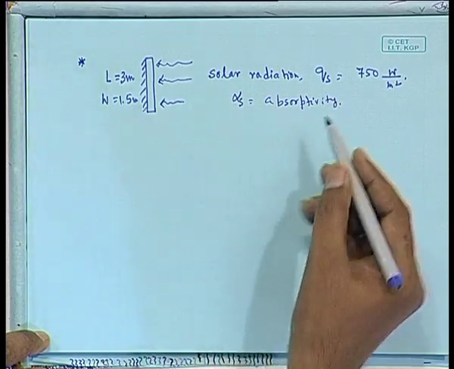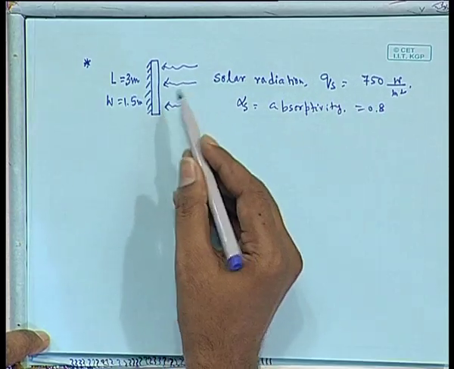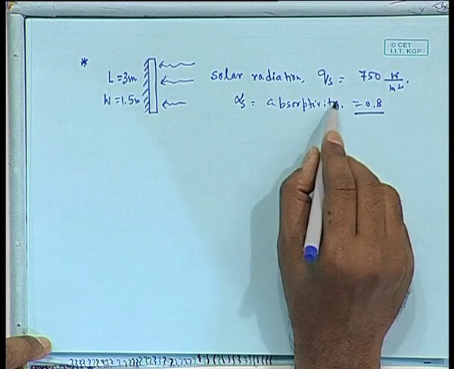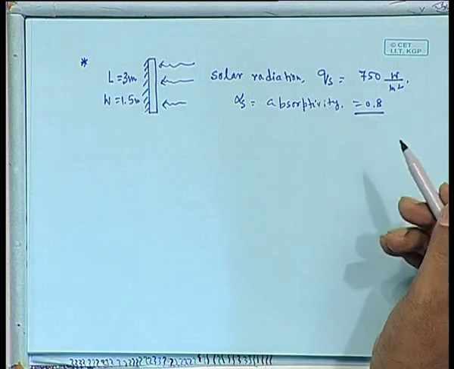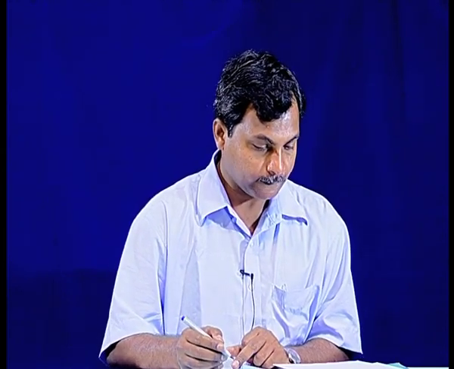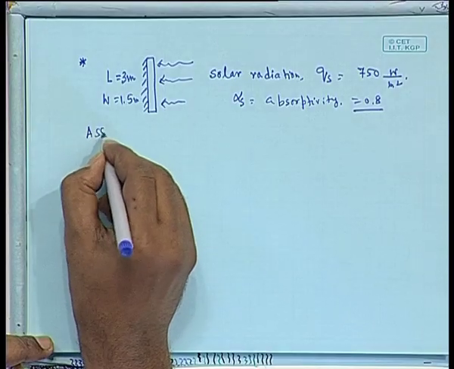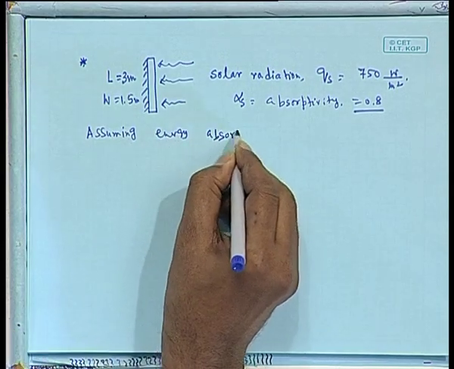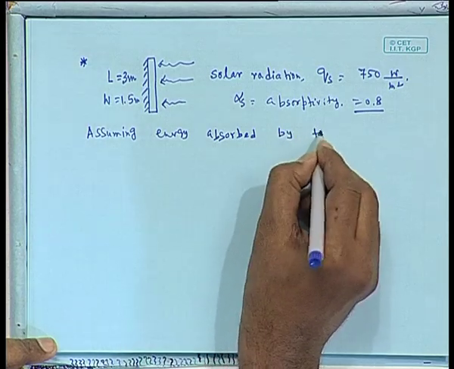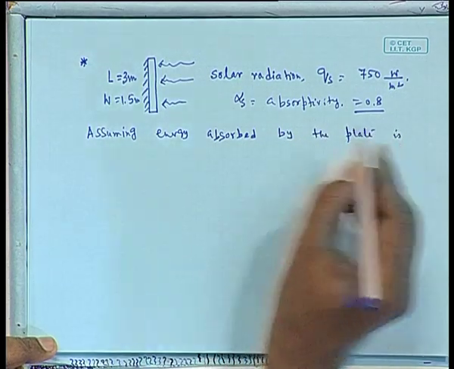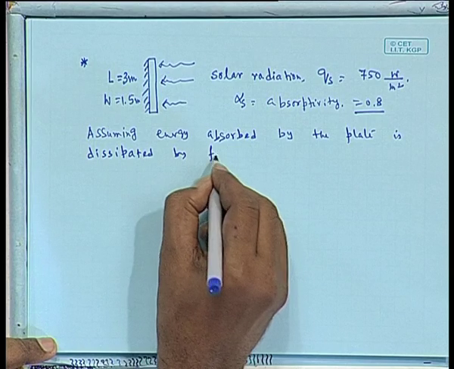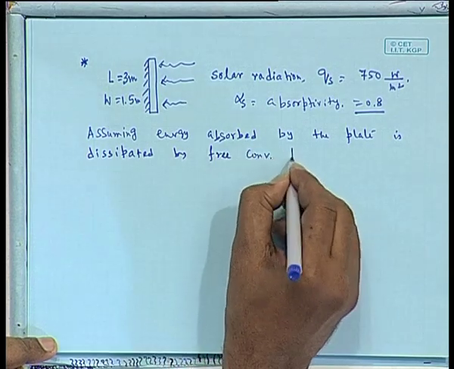Because of this radiation, some of it will be reflected, some will be refracted, and the rest will be absorbed. That means this absorptivity should be multiplied with Qs, and that much heat will be absorbed by the plate. Assuming the energy absorbed by the plate is dissipated by free convection to surrounding